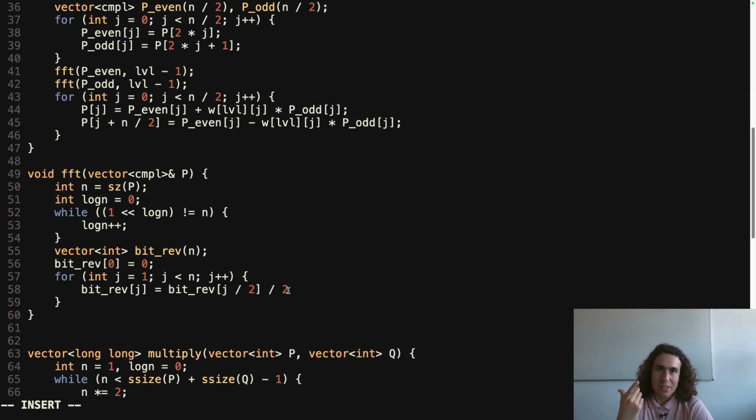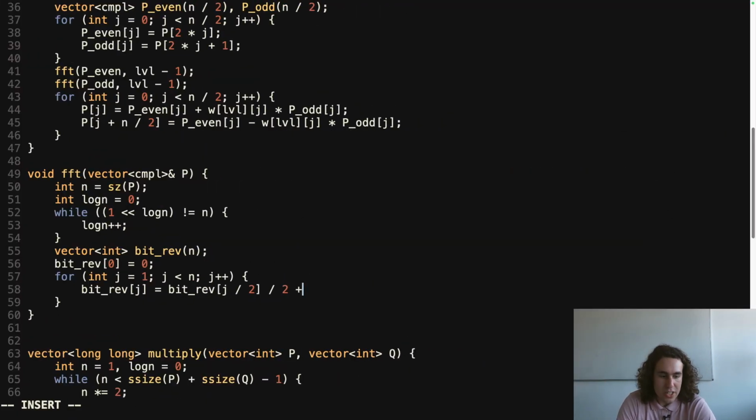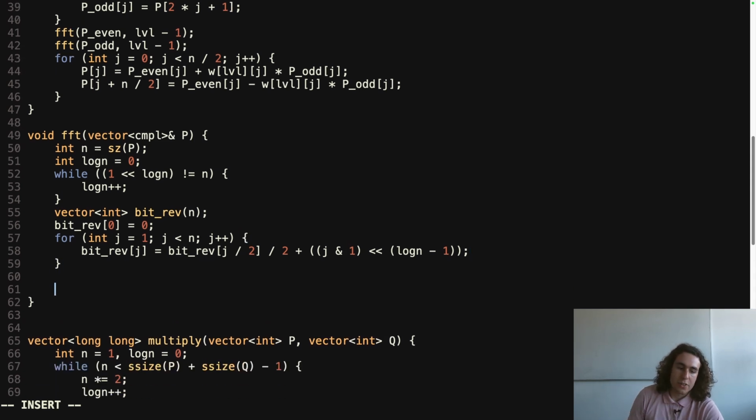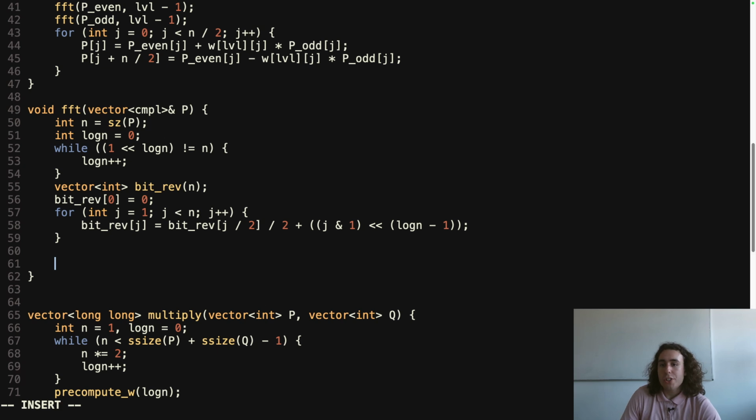But it makes sense because when we divided by 2 and reversed, this multiplied our number by 2, right? So we divided by 2, we got here, and now we need to add the least significant bit of our initial number at the beginning. So we need to add j and 1 times 2 to the power of log n minus 1. Not to the power, but multiply by 2 to the power of log n minus 1. This is our dp. Great. Now we just need to